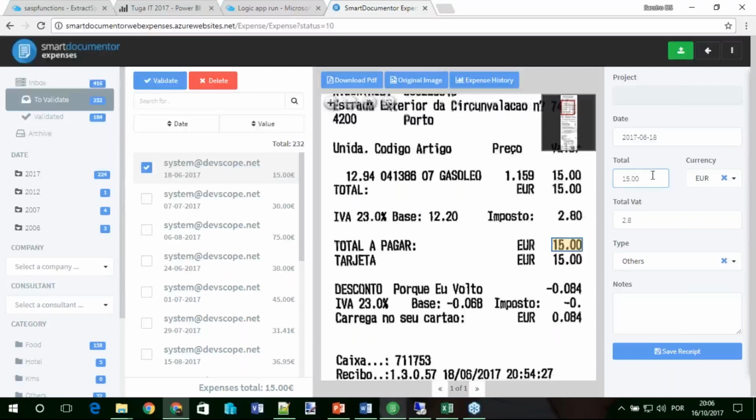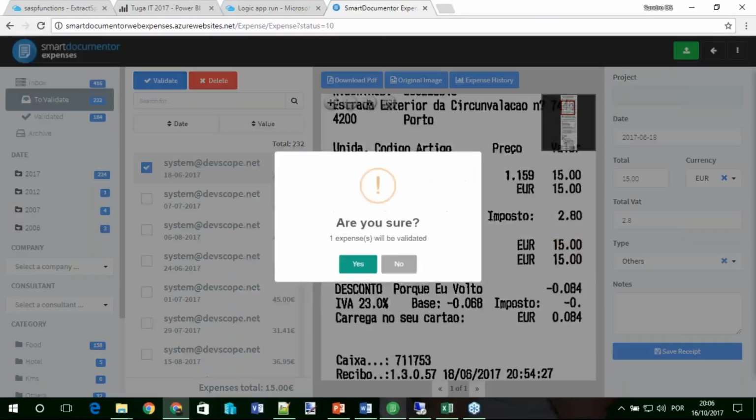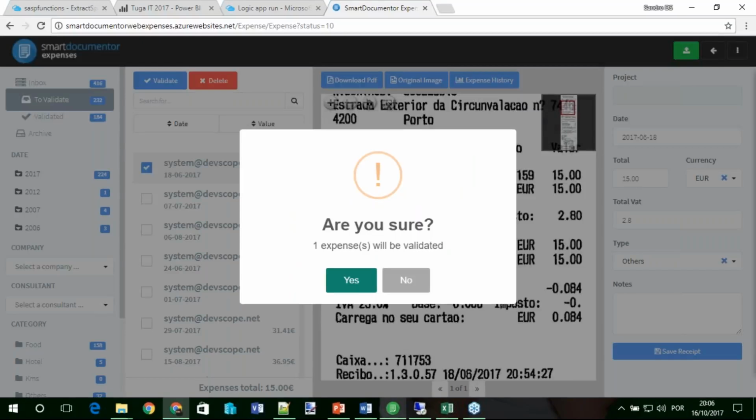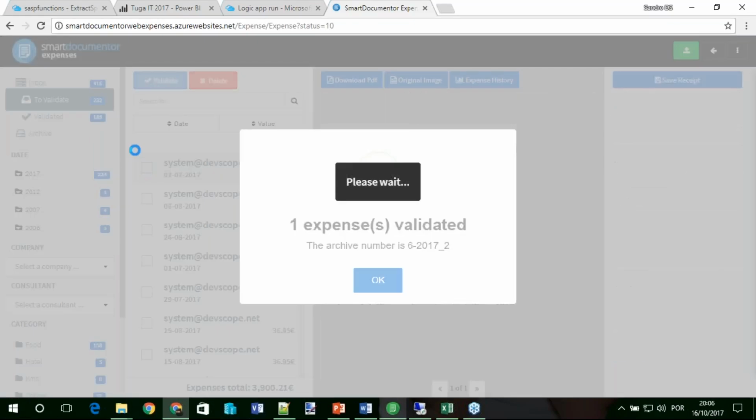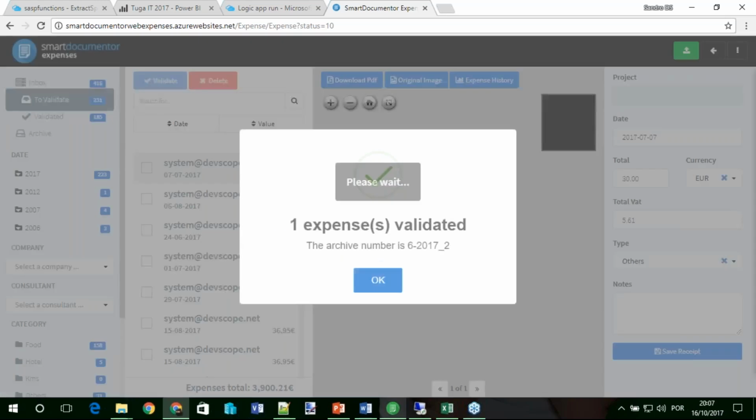I can switch if it's not okay and say validate, and this will be integrated in our systems, CRM, using Logic App, and it's being sent to the validate folder for the financial, marked as already been paid.